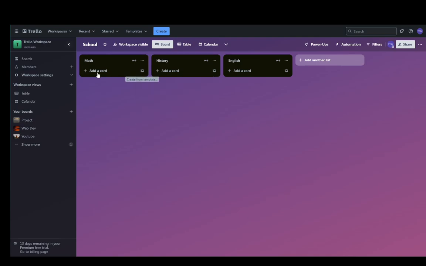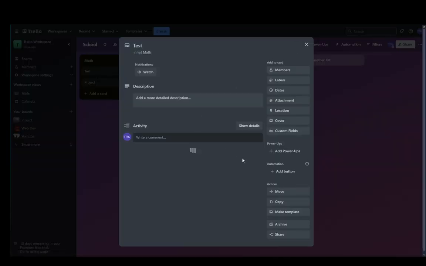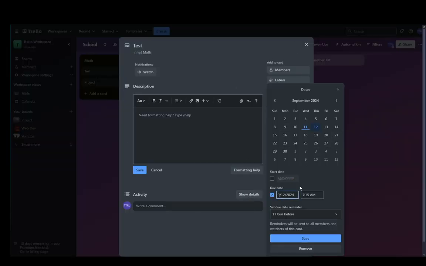example, and for math you can add, I don't know, test, and then you can add project or something like that, and then you can go into the test and then set the date when the test is going to be. You can also put the time down. I'll put, I don't know,